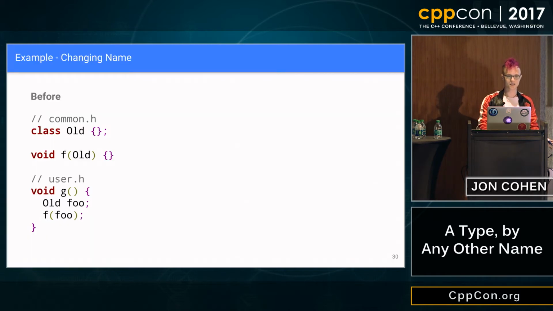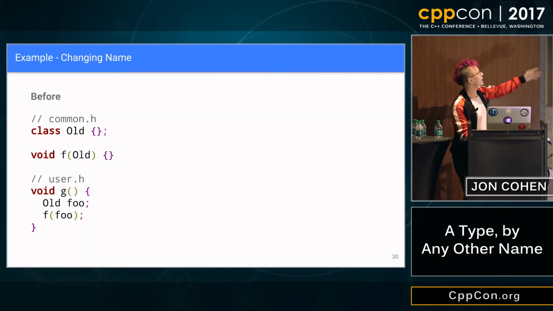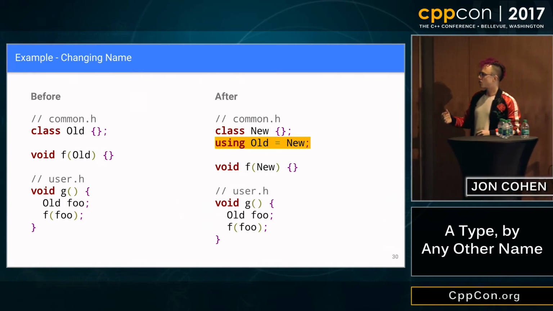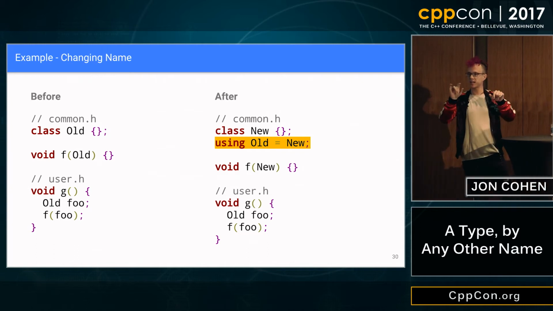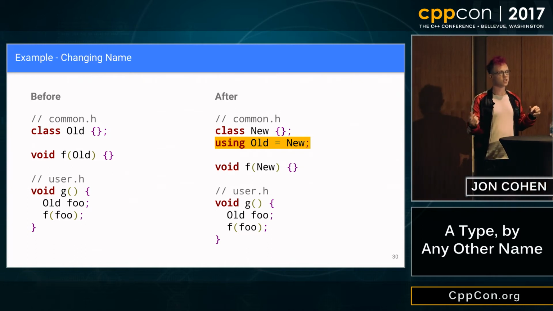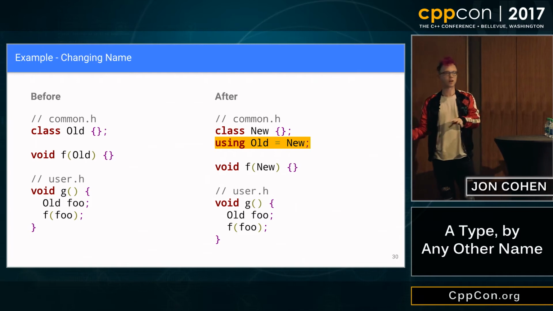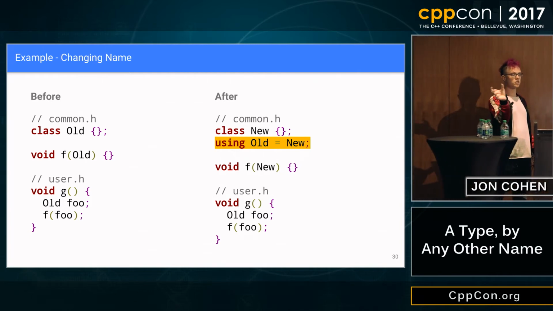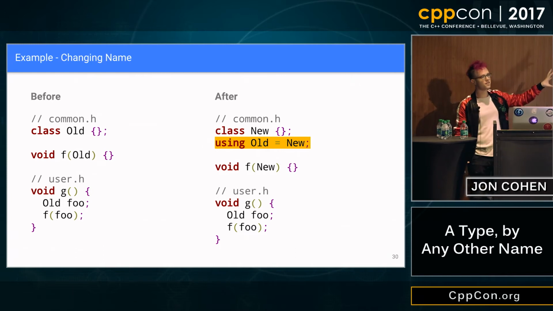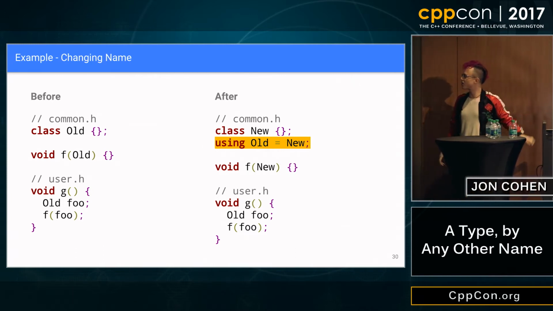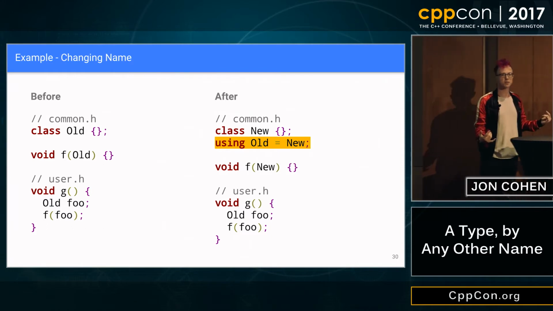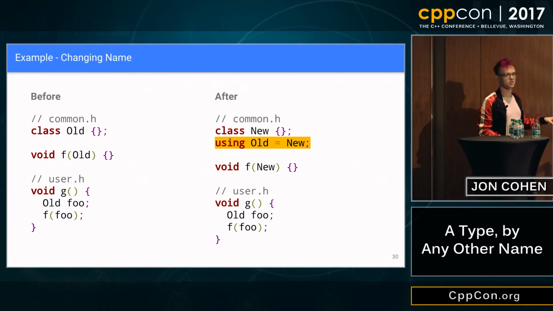So here's a basic example. We've seen this before. This is what I had up. Our basic strategy is we take the class new. We will change everything in that class definition to say new where it says old, all your constructor names and all of that stuff. And then you create the old name as an alias into the class. This case is not at all interesting. It's kind of silly if they're just in the global namespace or whatever. This isn't that big of a deal.